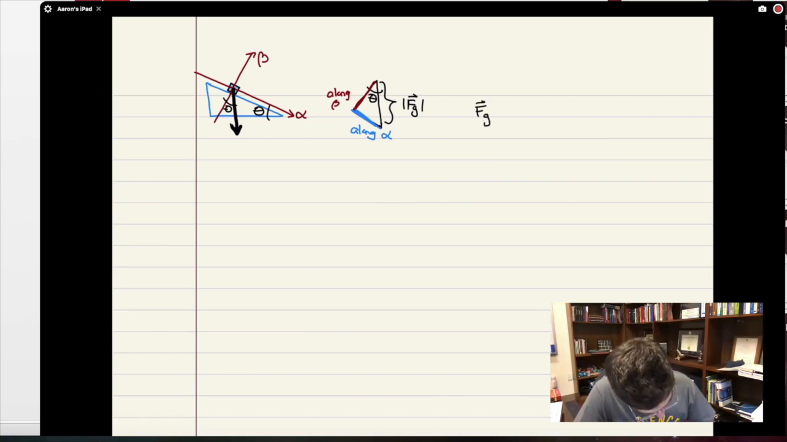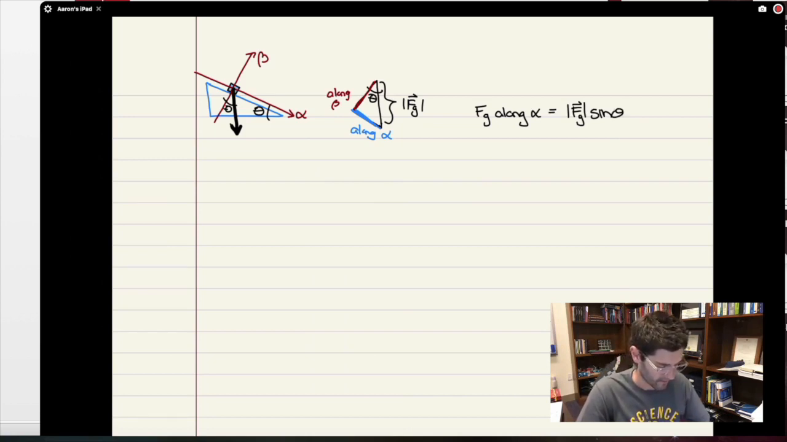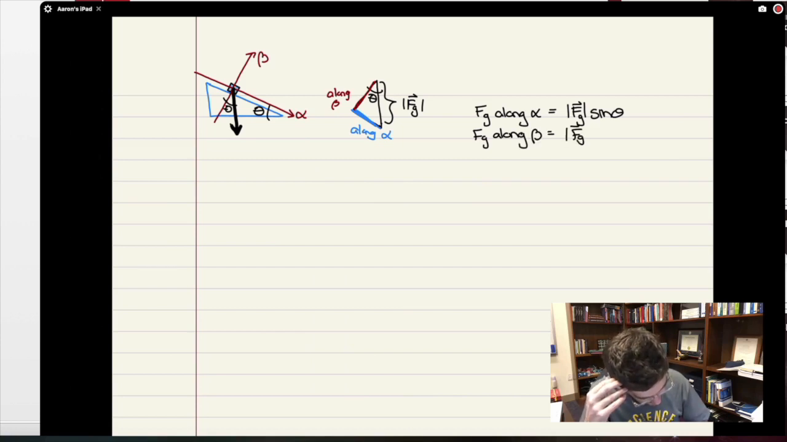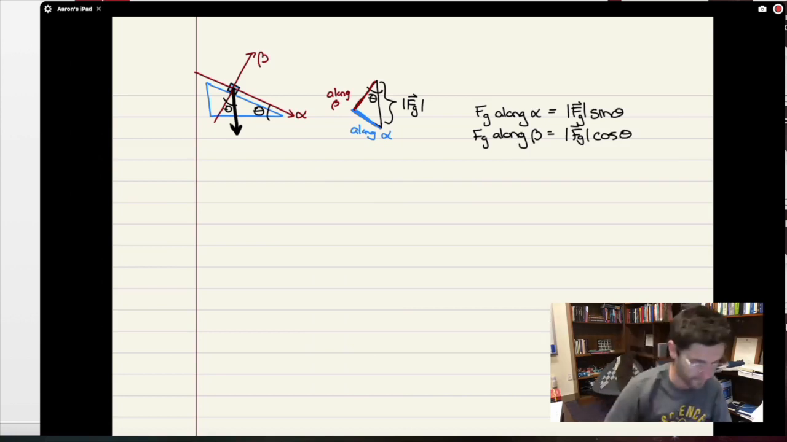The force due to gravity, or rather, I won't write it as a vector, along alpha, or along the ramp, is the magnitude times sine of theta. Because I'm looking at along alpha as the opposite side. The opposite side is the sine. Then I have the component of gravity along beta, that is the adjacent side. So then I would write this as FG cosine theta. Maybe a minus sign in front of either of these,